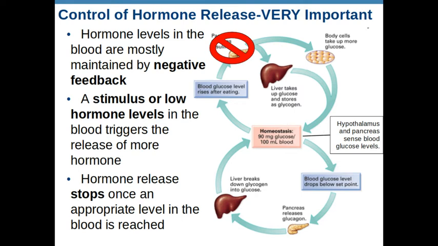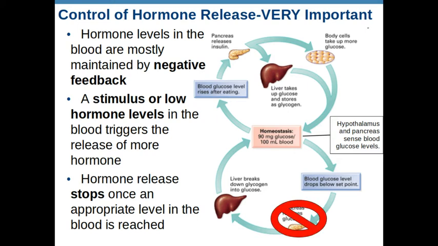Once the hormone has not been released from the pancreas anymore, we go back to life as normal until once again our blood glucose level rises, and the cycle just repeats itself over and over until it's needed again. On the other side, there you go. We have this turning on and off of the pancreas, releasing these different hormones. So hopefully that helps with that question.